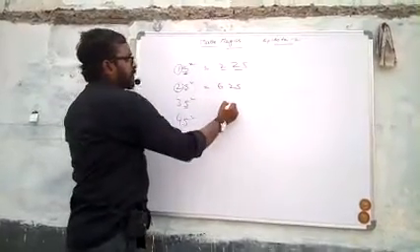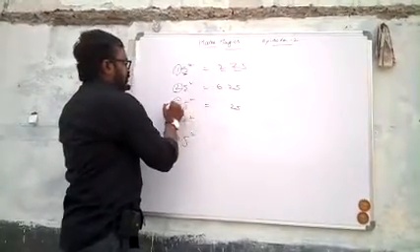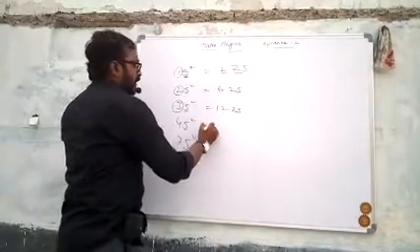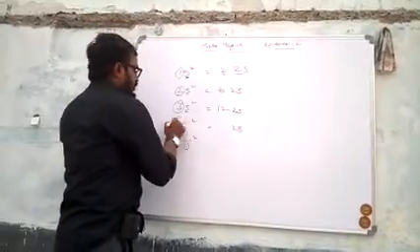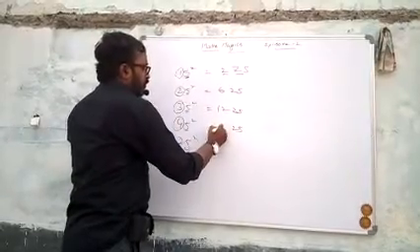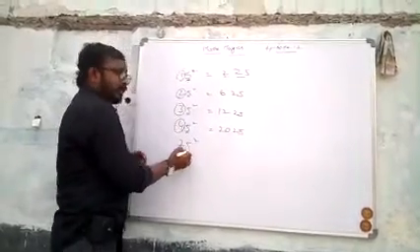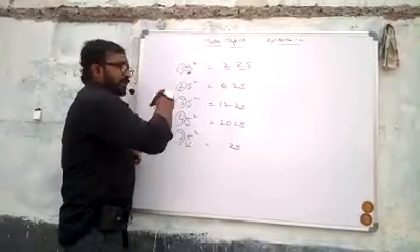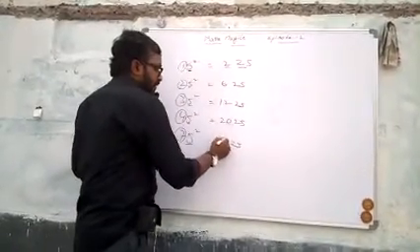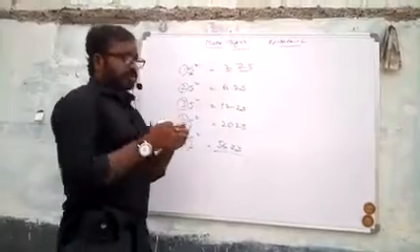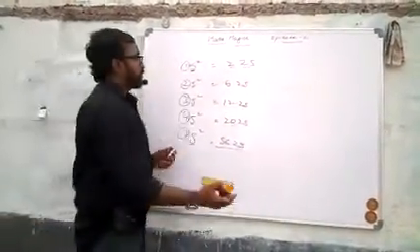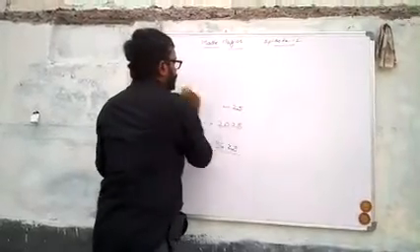5 square is 25, tens digit is 3, 3 after 4, 3 times 4 is 12. 5 square is 25, tens digit is 4, 4 after 5, 4 times 5 is 20. Like that, 5 square is 25, tens digit is 7, 7 after 8, 7 times 8 is 56. That's all. We are able to solve such problems just without using paper and pen, very easily.